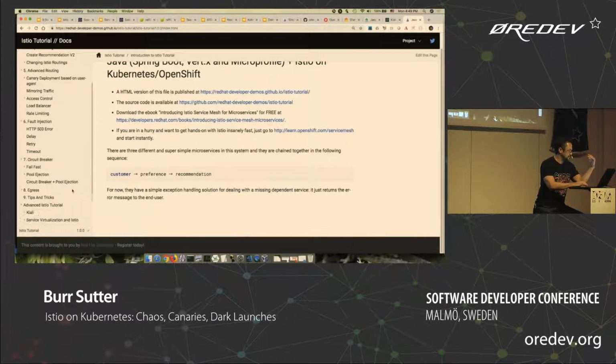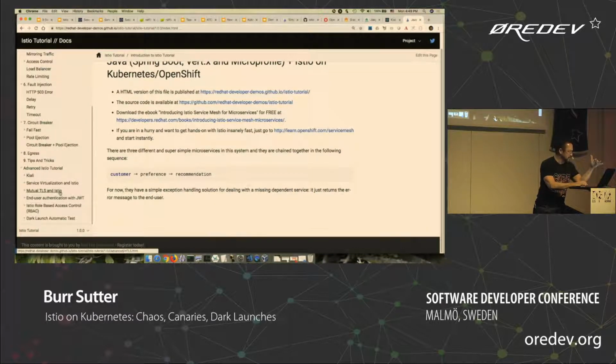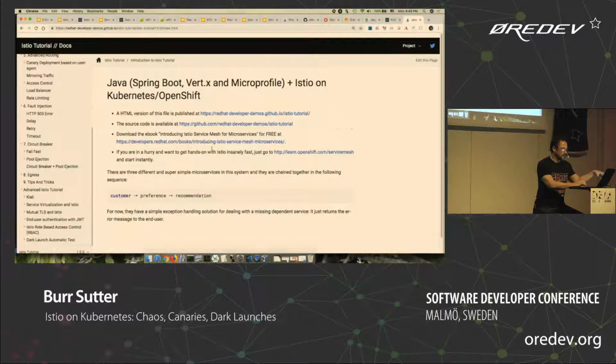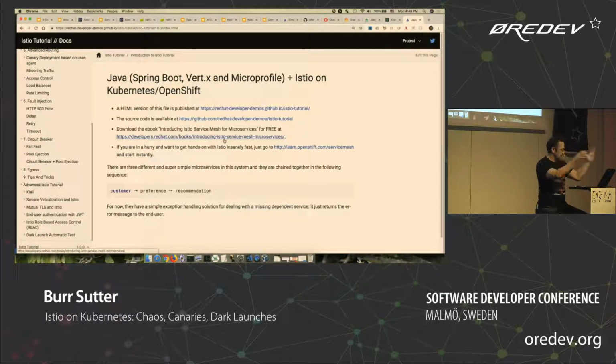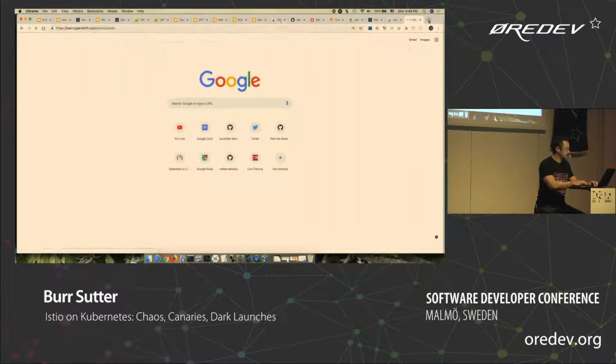And then there's even some advanced stuff we've been working on, like mutual TLS between the services, service virtualization, authentication via a web token, as an example, and RBAC. So all of that is part of this tutorial that I mentioned earlier that you can spend many, many hours checking out. If you're not interested in trying to install it all, there's also